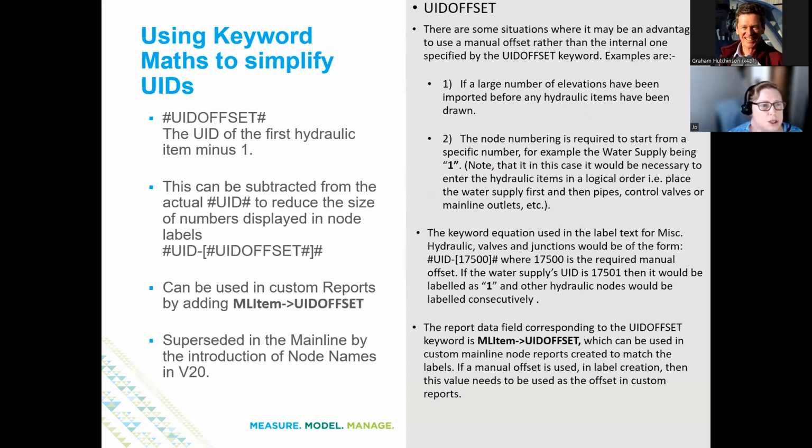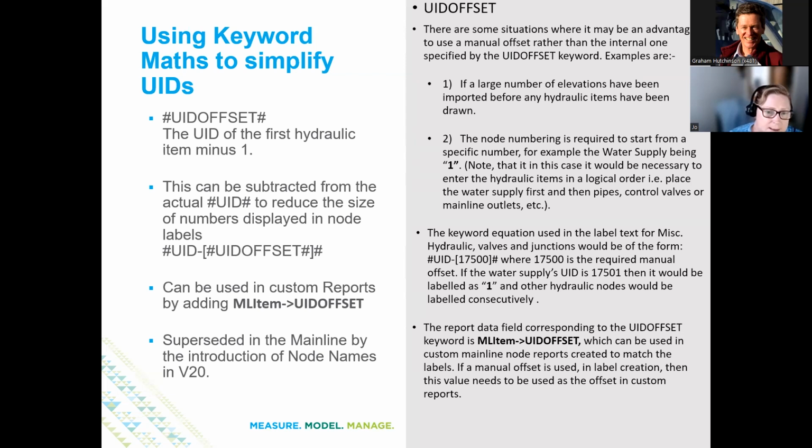There is an option to use keyword maths to simplify the UID. There might be different reasons why you might want to do this. Some of those reasons have been superseded by the introduction of the node names tool in version 20. But if you want to use the UID offset, what that does is it allows you to specify